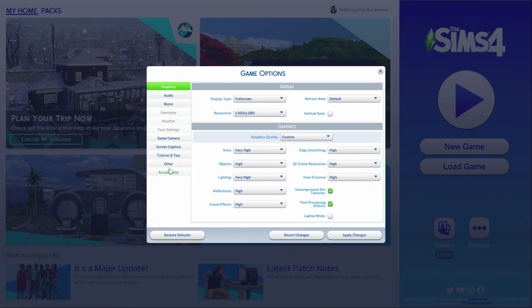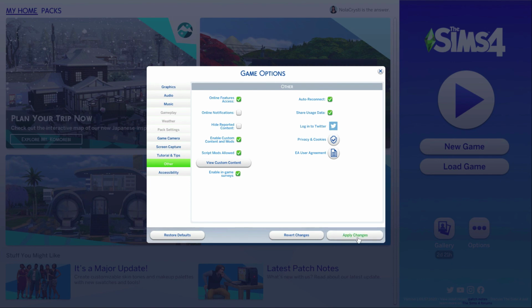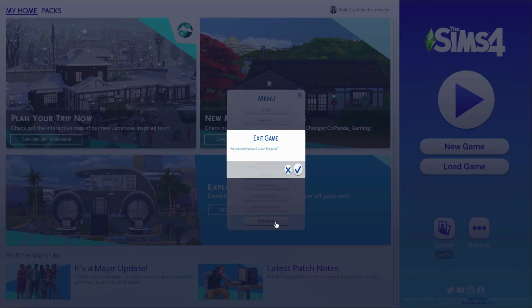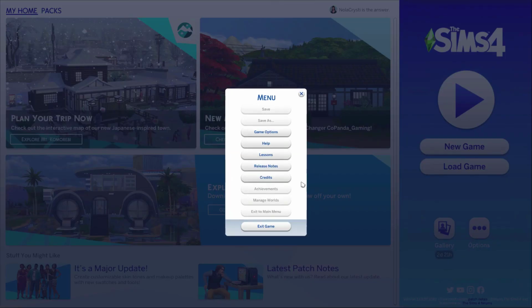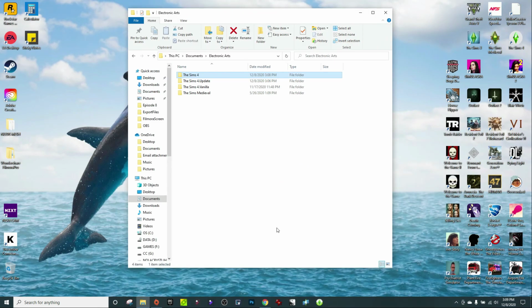Under game options, other, enable, and then I will have to go and restart the game again for that to take effect. But if you remember, back before I even started this process, I knew